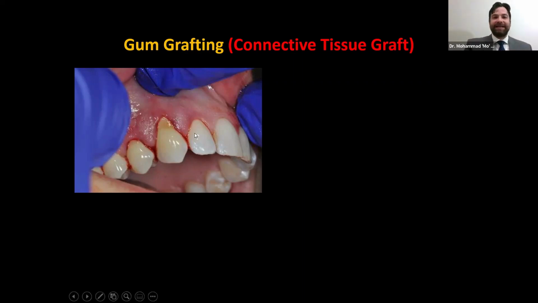It's technically called the tunneling technique. I absolutely love this technique. It takes a little bit more time, more challenging, more technique sensitive, if you will, but it's a beautiful technique. You cannot see any incisions or anything, and yet all the incisions have already been given, as you will see in the subsequent pictures. So once you've reached this stage, you go to the palate once again, but this time